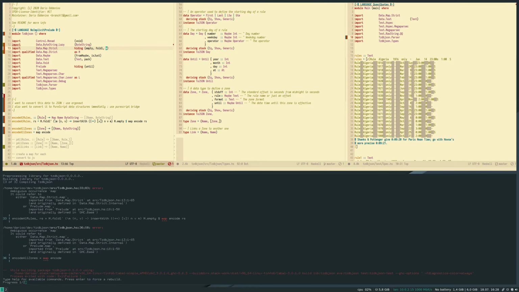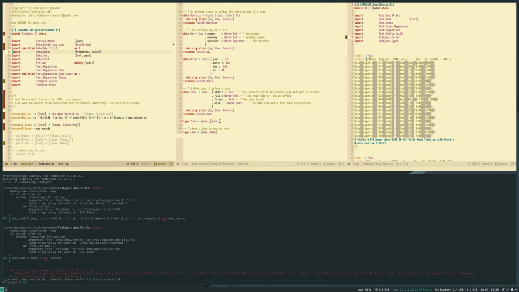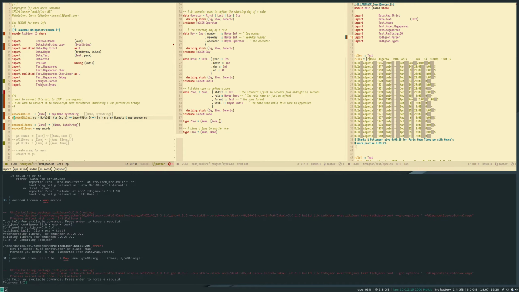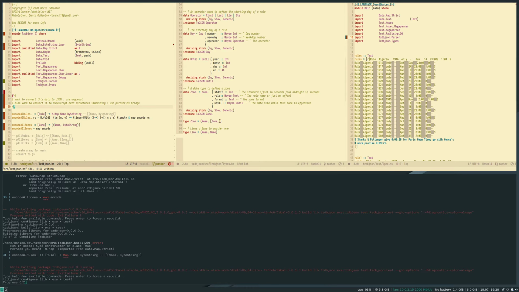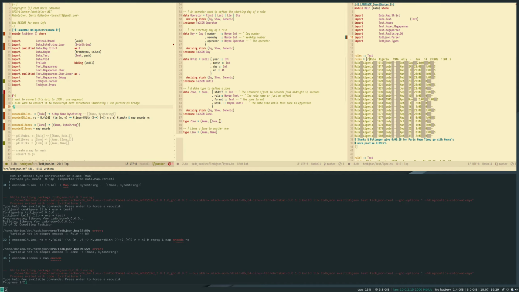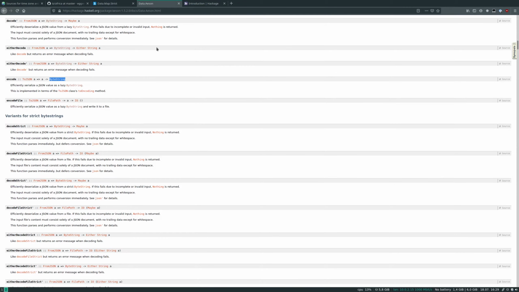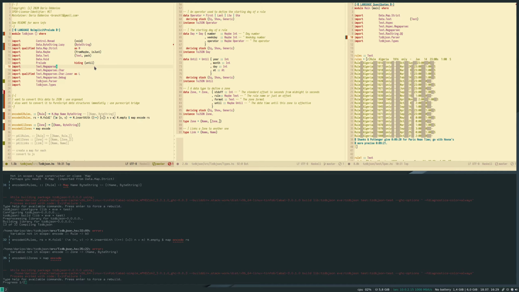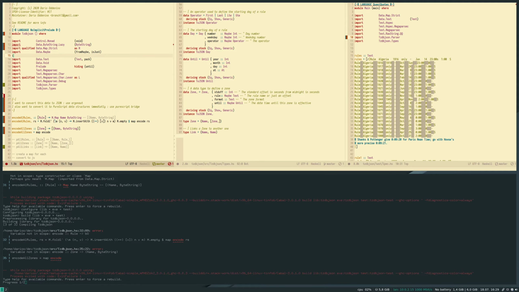Hiding. We can actually just do this. Let's keep it qualified. So this, and this. So I'm gonna probably move this to a different file afterwards. So encode. Okay, we have to bring in scope. So let's bring import Data.Aeson encode.